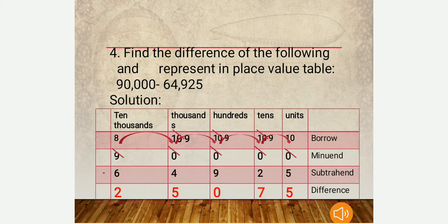In 0, I can't take 5. But when I look at the left side, there are no numbers there. Here also 0 is there, so I can't take a borrow. When I check the next, the 100 position, here also it is 0. When I come to the left side once again to take a borrow, in the 1000 position, here also it is 0. But when I come to the 10,000 position, here 9 is there. As I already said, borrows are taken from left to right. So I am taking 1 from 9, so it will be 10 position. When I take 1 from 9, here it will be 8.